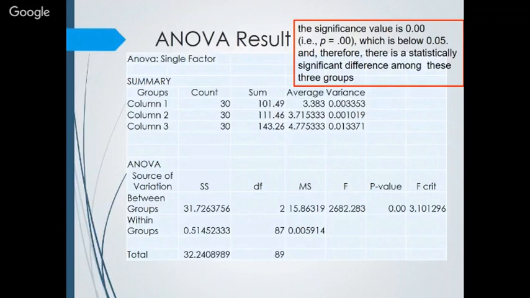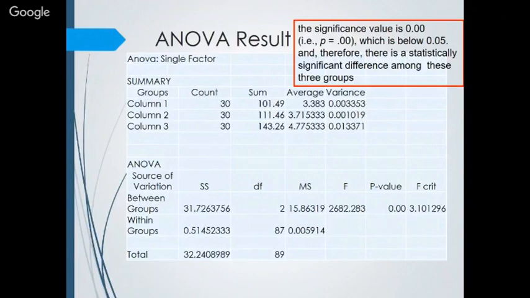For the F value, we simply divide the between group by the within group, which gives the F value. With the help of the F value and degrees of freedom, we can calculate the P value from the statistical F table.